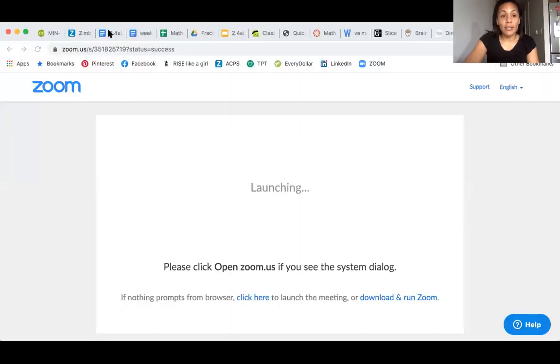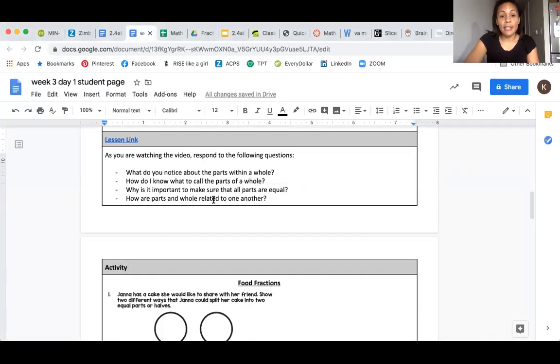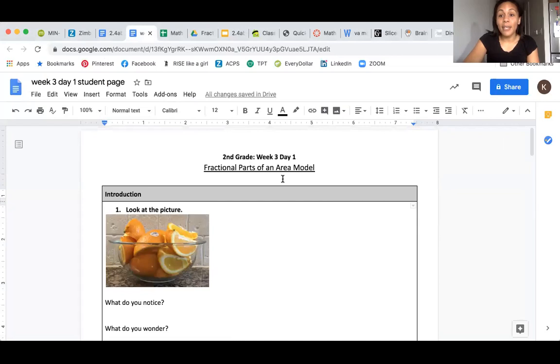Some things that you're going to need for this lesson today. You're either going to need a notebook or a piece of paper with a pencil, or you're going to need the worksheet that goes along with this lesson. If you're using the worksheet, it's going to look a little bit like this. I'm going to show you my screen in just a second. Okay, here it is. So here is the worksheet. It says week 3, day 1 at the top, and we're going to be starting up here where it says introduction. If you don't have that worksheet, that's okay. You can still write things down in your notebook as we go.